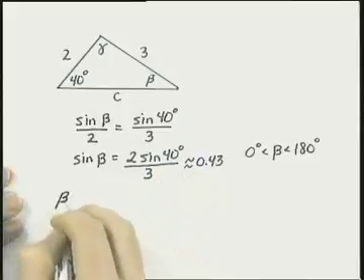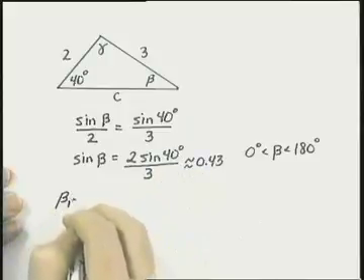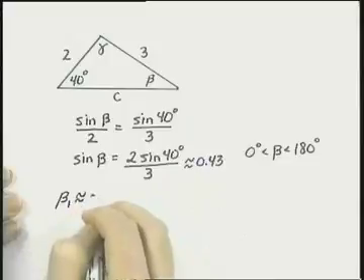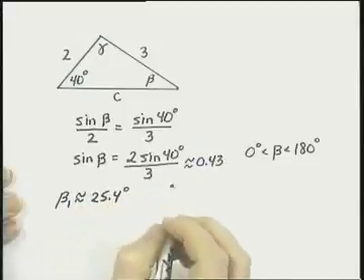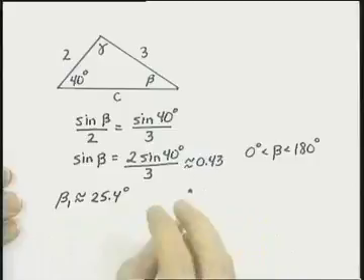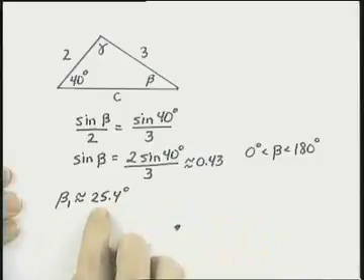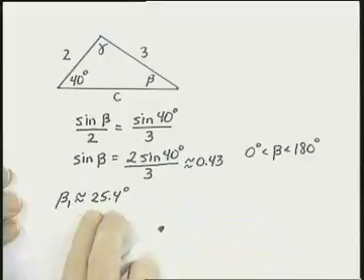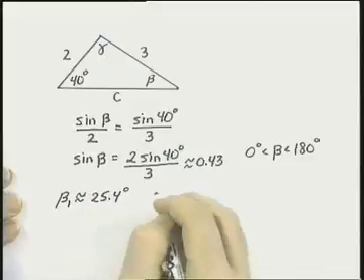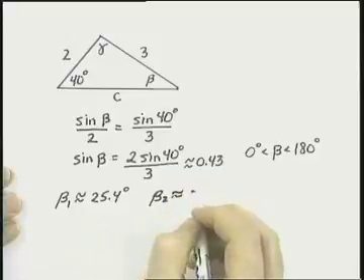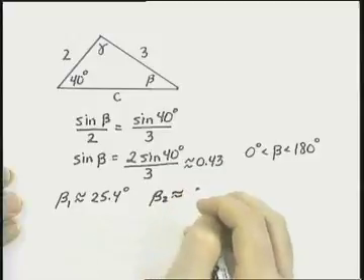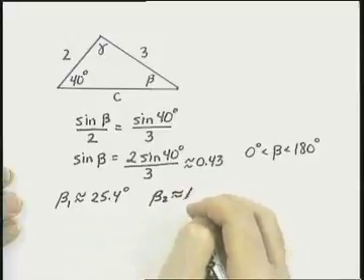The calculator gives us that beta 1 for our first one is approximately 25.4 degrees. Then, to get the other angle in the second quadrant, just take 180 degrees minus this quantity. So beta 2 is going to be approximately 180 degrees minus 25.4 degrees,